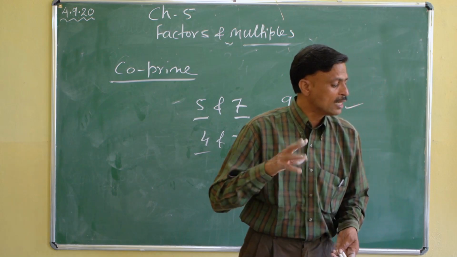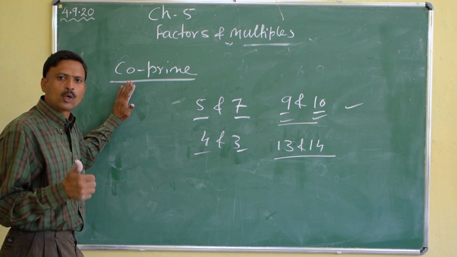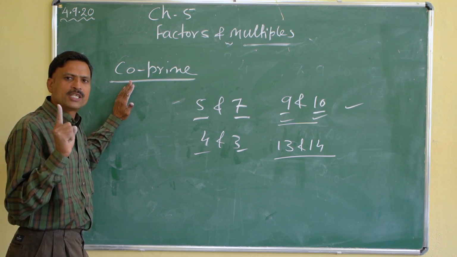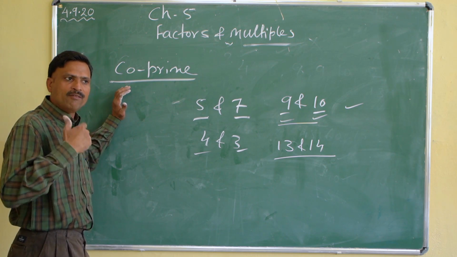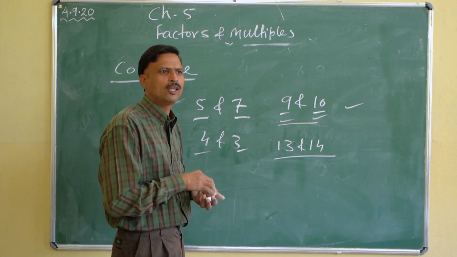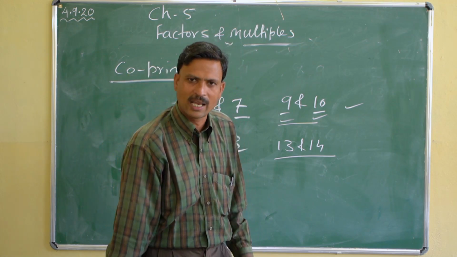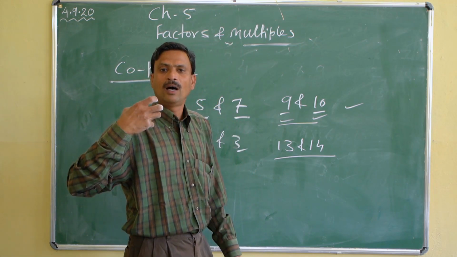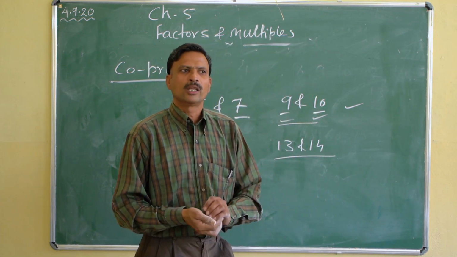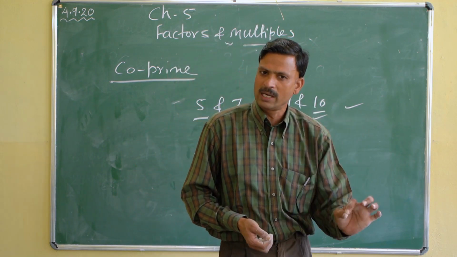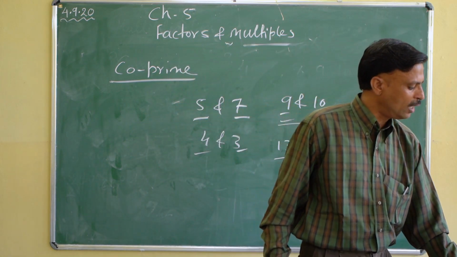A very important thing I am revising again: when we are finding factors, I told you that 1 is a factor of each and every number. Always remember, a number is always divisible by itself. When finding factors, the factor is always less than the number, and the maximum factor will be the number itself. When we are finding multiples, the least multiple will be the number itself, and all others will be greater than the number, because these come in the table of the number.